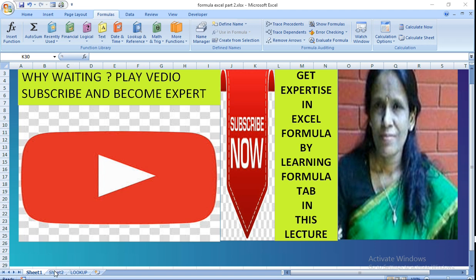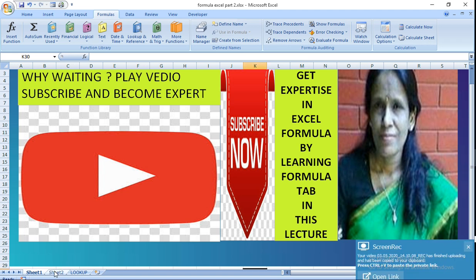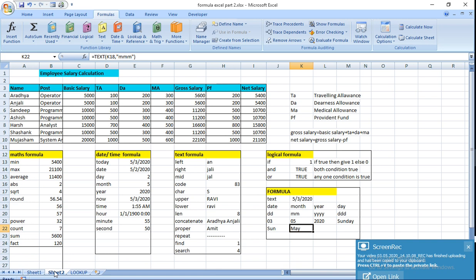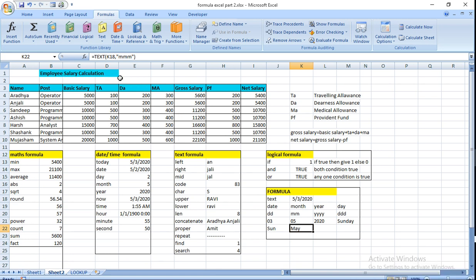Here I have already told you how to calculate the employee salary calculation. Now, some formulas like minimum, maximum, average, absolute, square root, round, round down, round up, power, count, sum and factorial.